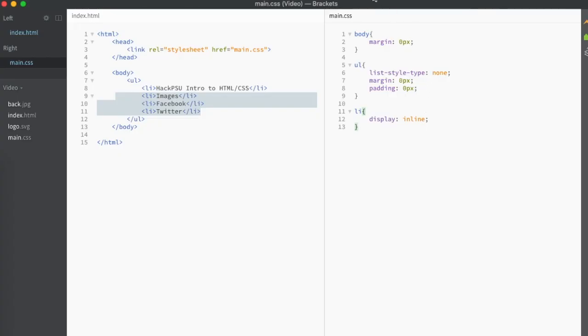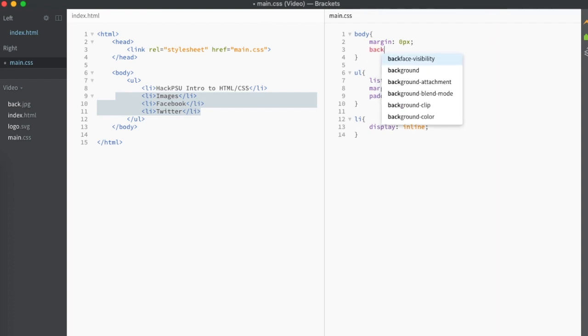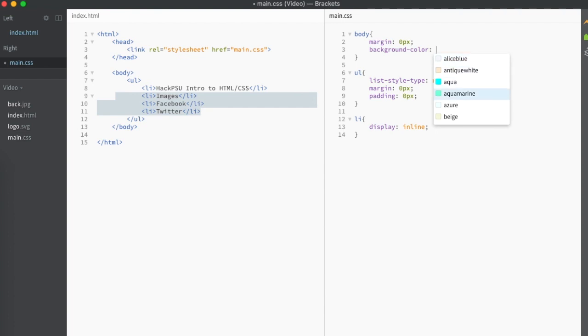So let's go ahead and add some color. So I want to add color to this entire screen. In order to do that, we're going to go back into the body, and we're going to go ahead and do background color, and let's set that to like aquamarine. Nice. So now that we've added some color,